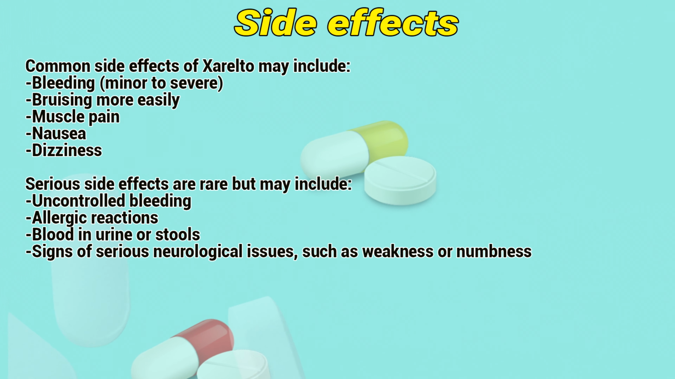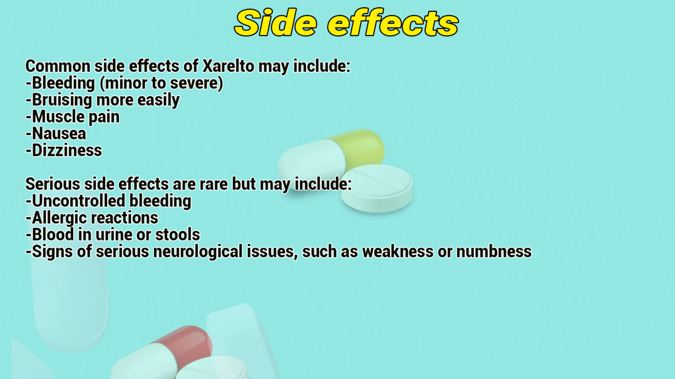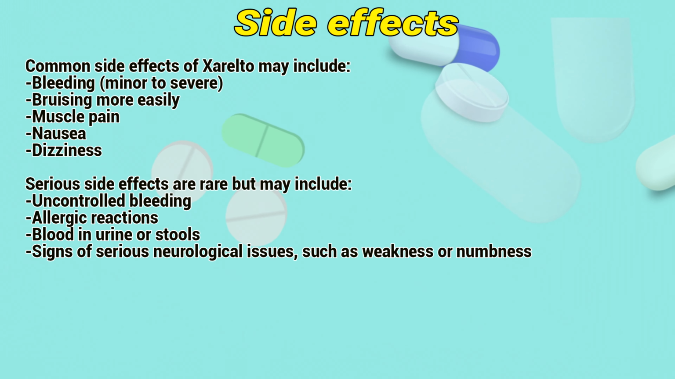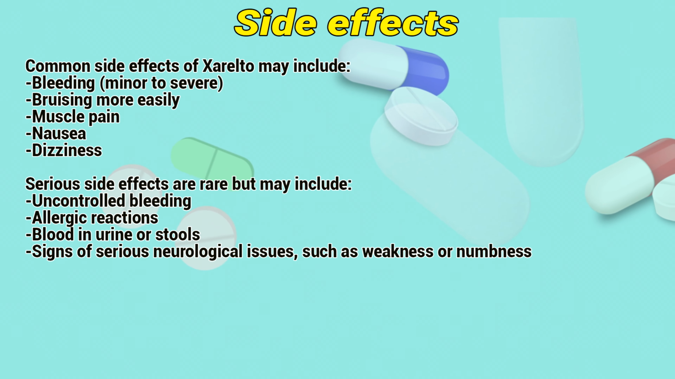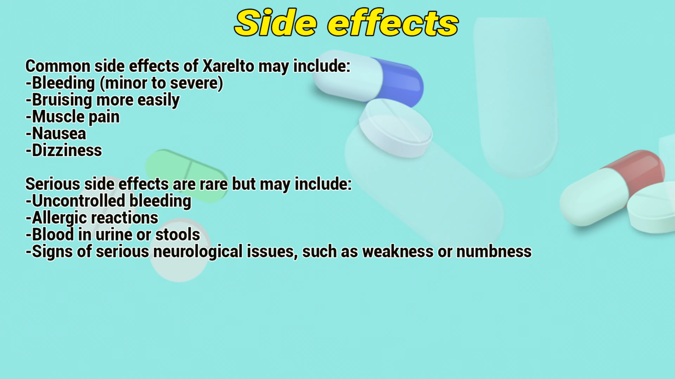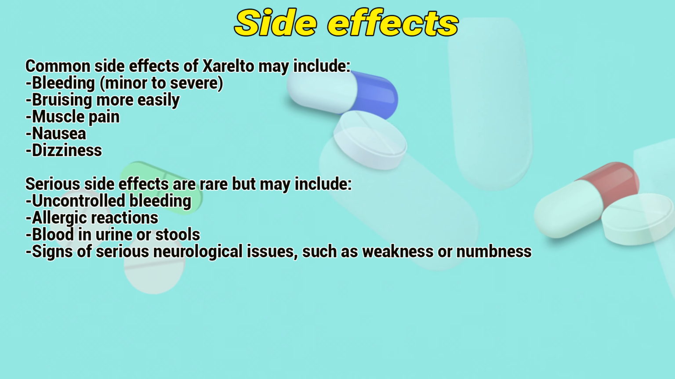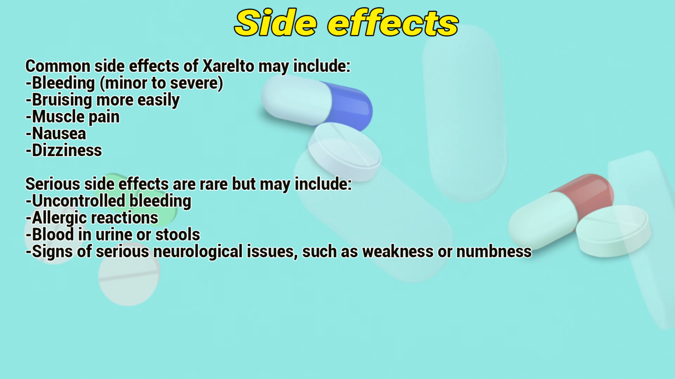Side effects: common side effects of Xarelto may include bleeding, minor to severe, bruising more easily, muscle pain, nausea, dizziness. Serious side effects are rare but may include uncontrolled bleeding, allergic reactions, blood in the urine or stools, signs of serious neurological issues such as weakness or numbness,